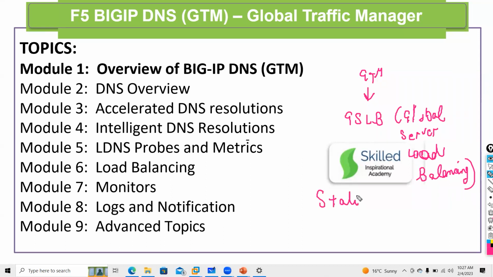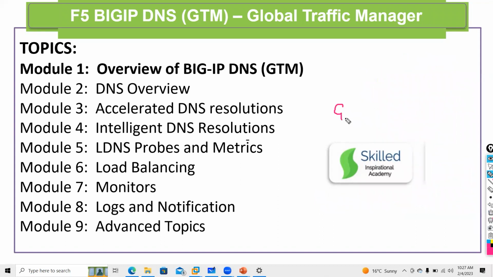In this also, we will have static versus dynamic load balancing. So there are two types of load balancing algo here that come into the picture. One is at wide IP level, one at pool level. So we will see how it depends and how load balancing works. That you will understand once you understand what is GTM.